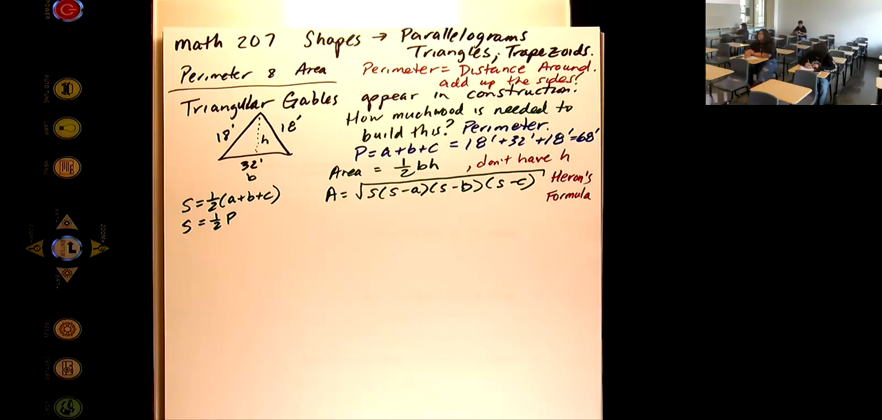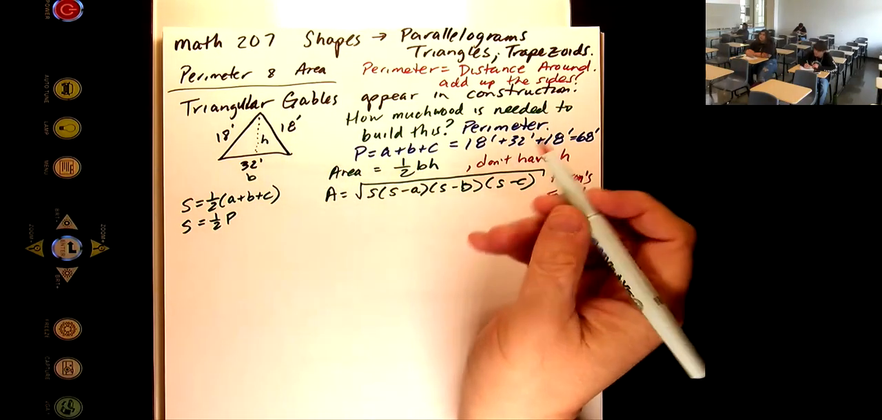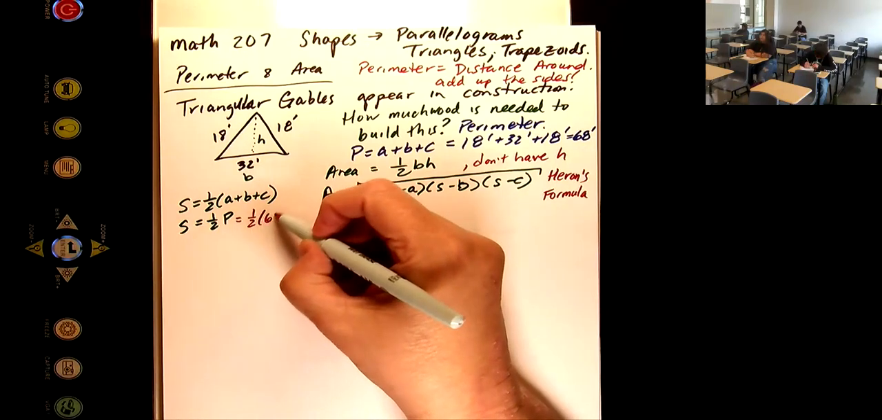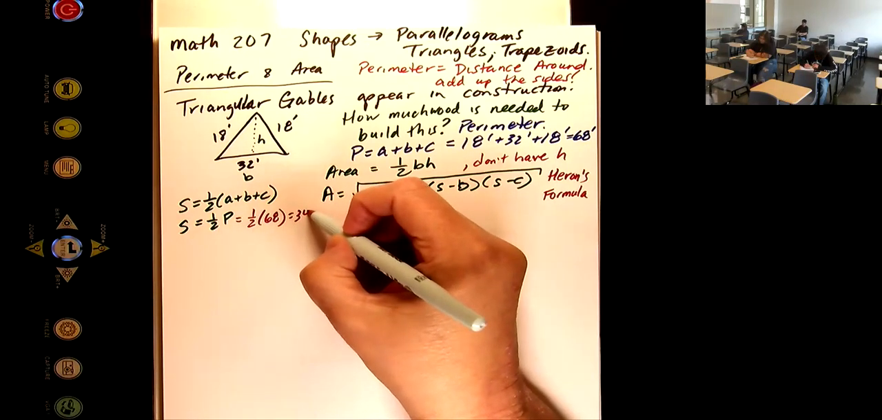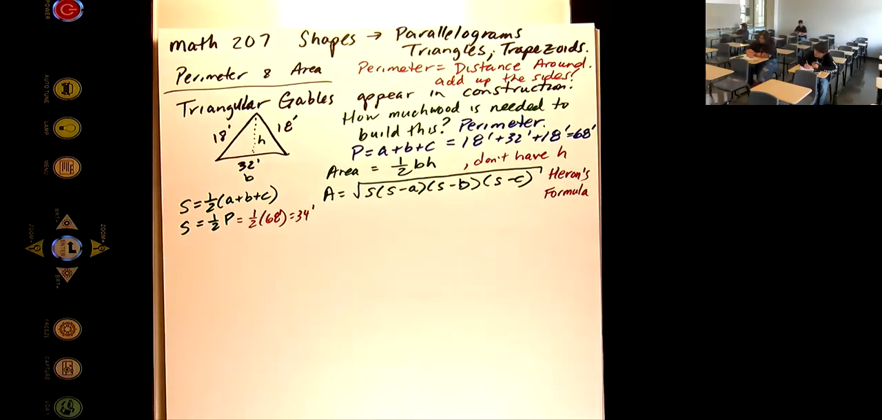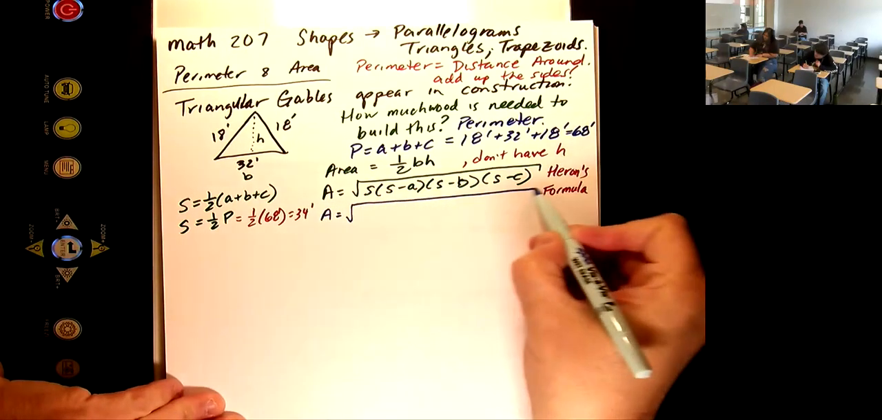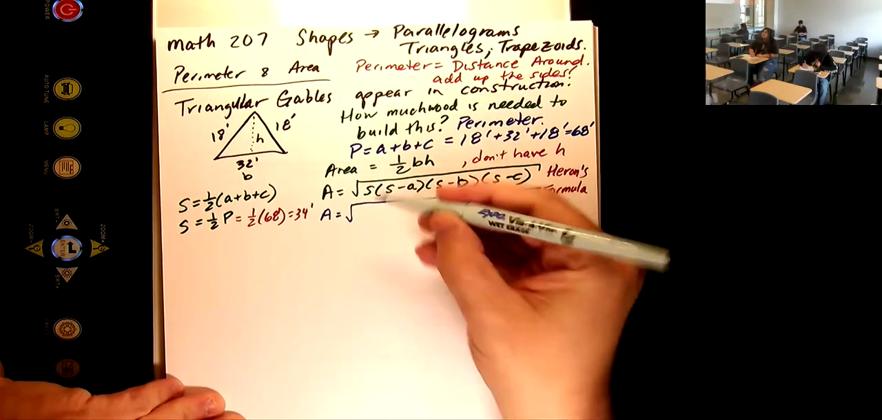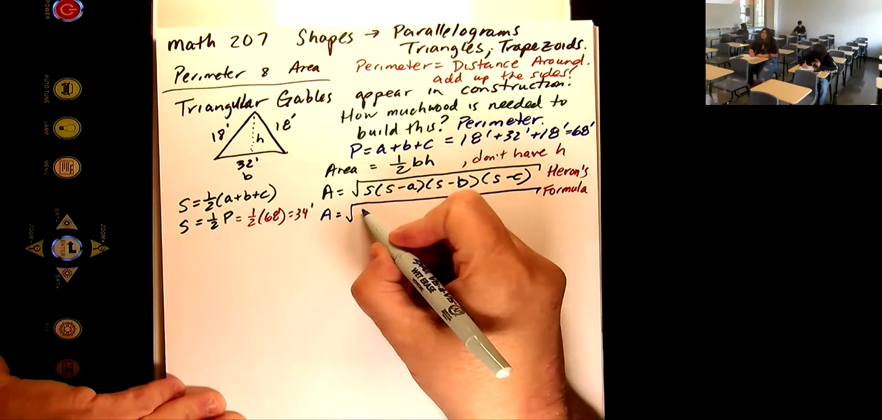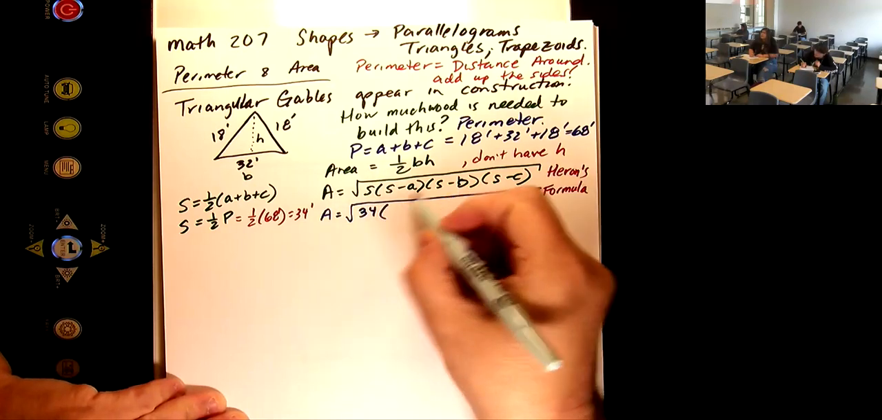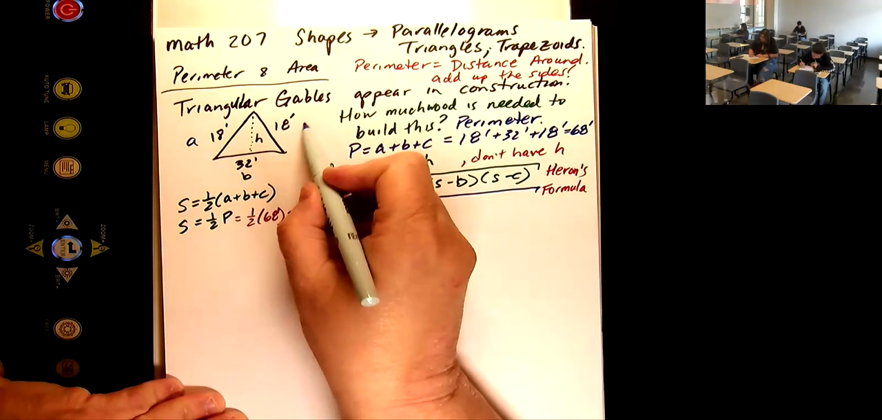Well, we already found P for this triangle. P for this triangle was 68, so S is going to be 1/2 times 68, which is 34 feet. Which means we can calculate the area. This is why we did all that square root work. We needed triangles a lot. S was 34. And then if I just call these A, B, and C like this,